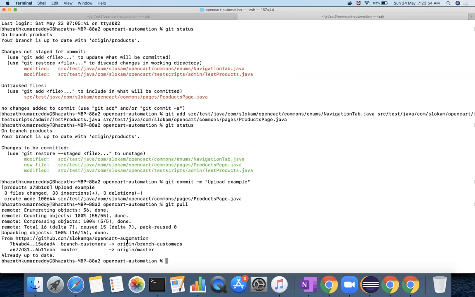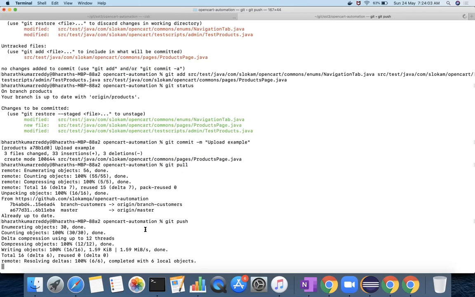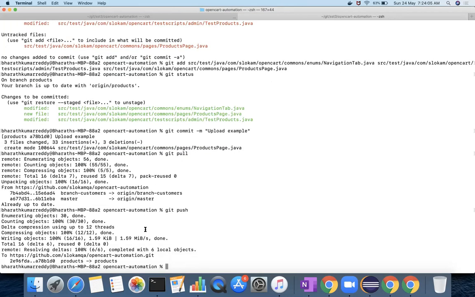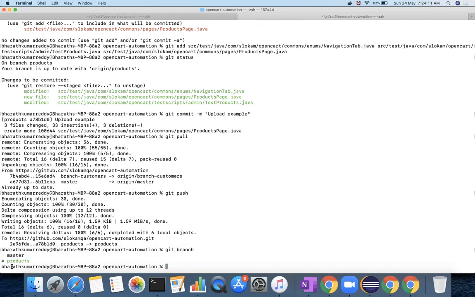It just pulls it, and now git push. Okay, so now it is going to push this data. Okay, now which branch is this available in? Git branch, so products. Okay, I am stopping here.